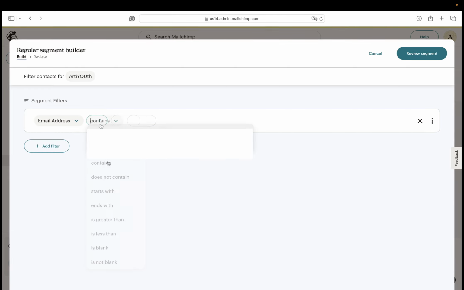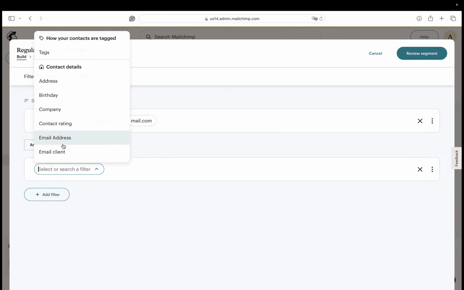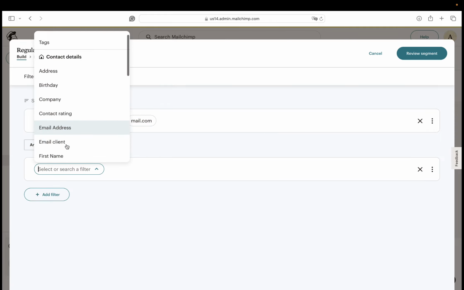For example, you can create a segment for customers who have made more than 3 purchases in the last month, belong to a specific group, or have a specific name or address. This helps you send more relevant content to different groups.